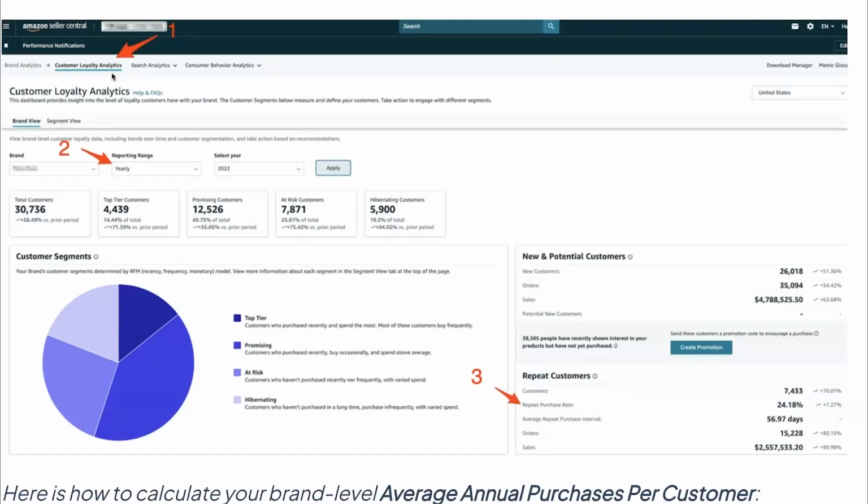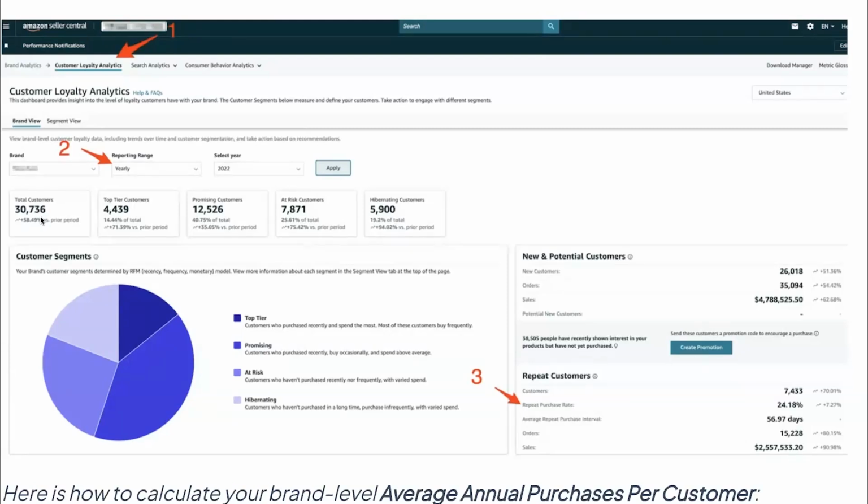So the way to look at it, and there's a lot of data to look at, the ones that I'm really encouraging brands to think about is looking at new customers and repeat customers, looking specifically at the orders. So you can see my new customers ordered 35,000 units. My repeat customers ordered 15. That's pretty healthy there. So in total, I've got, let's see, 50,000 orders divided by 30 customers up here. We're pretty close to a 2x repeat purchase rate, just north of it. Maybe it's like 1.85 if I was actually doing the math there.